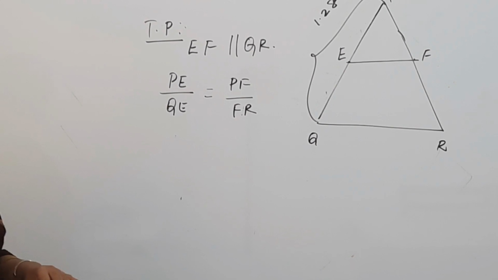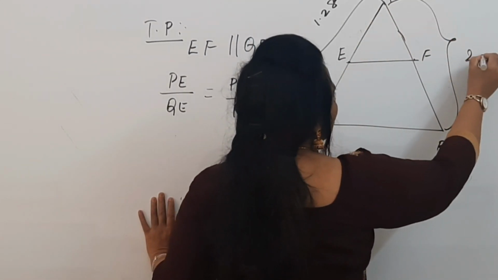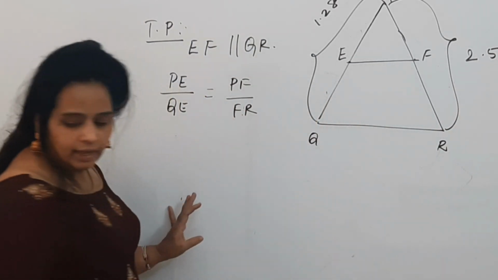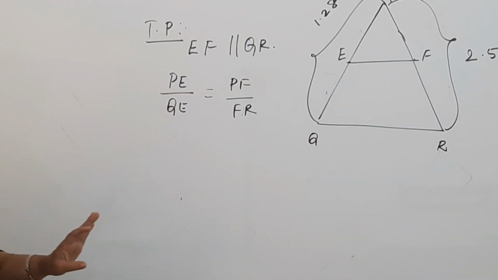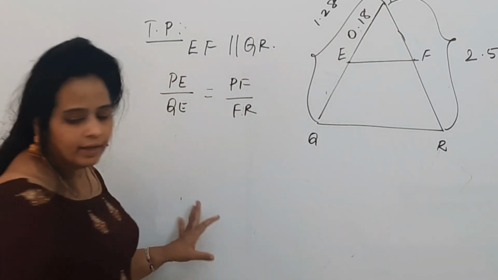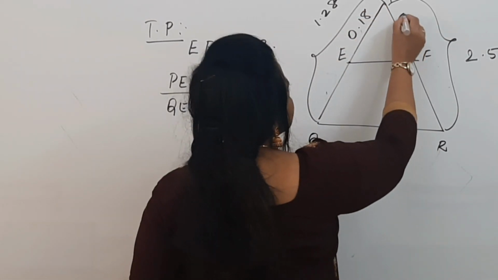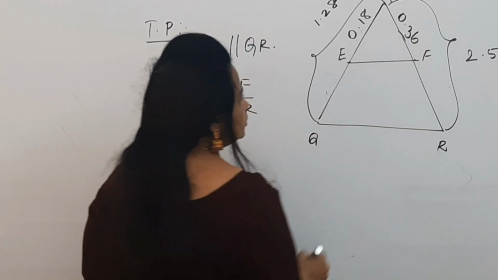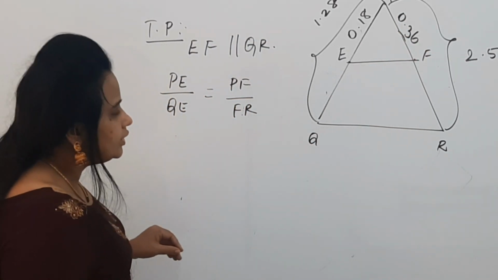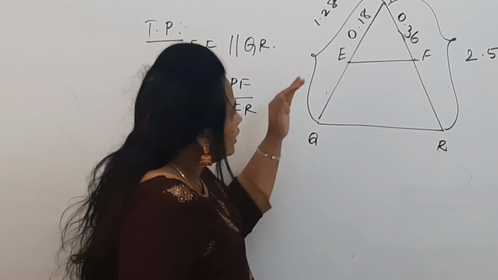Now PR is equal to 2.56. And then PE is given 0.18. And PF is given 0.36. Children, we have studied for the time being up to this class, we have studied PE